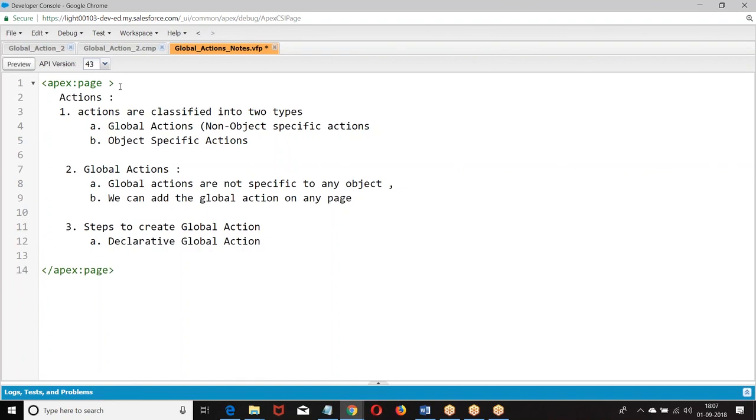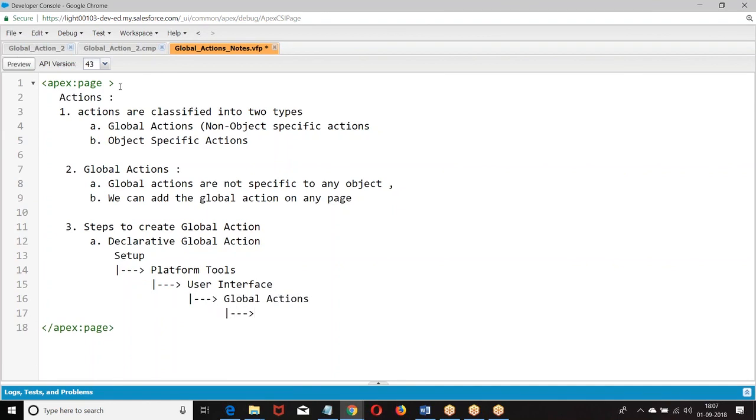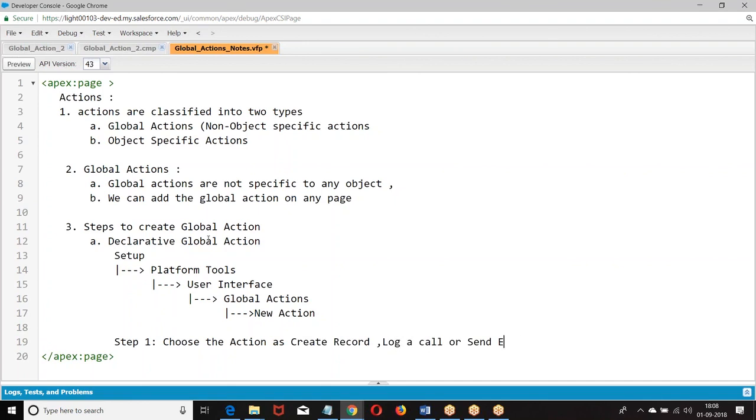Declarative global action. When you say declarative global action, setup, platform tools, user interface, global actions, platform tools, global actions, these three are declarative.